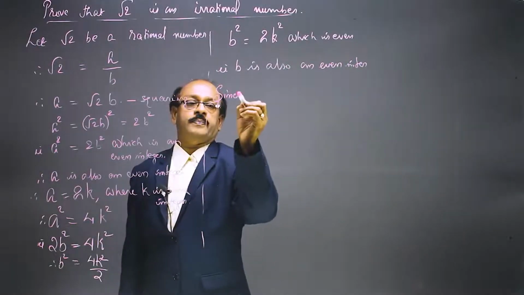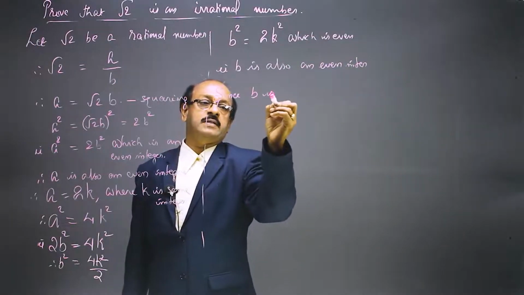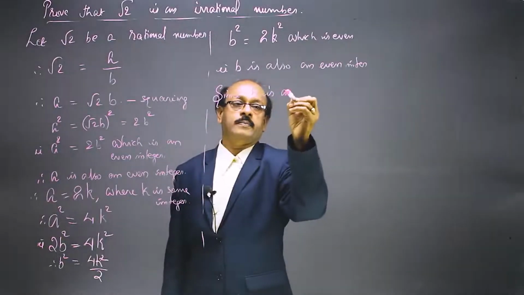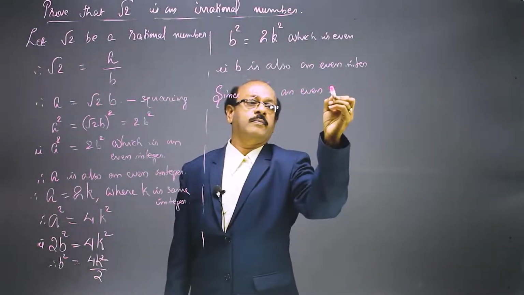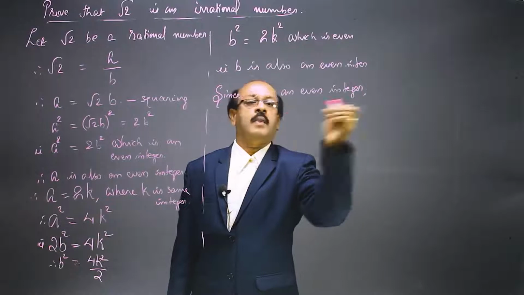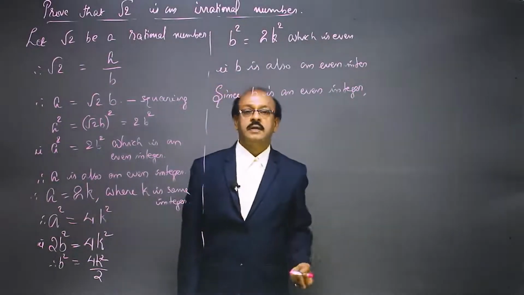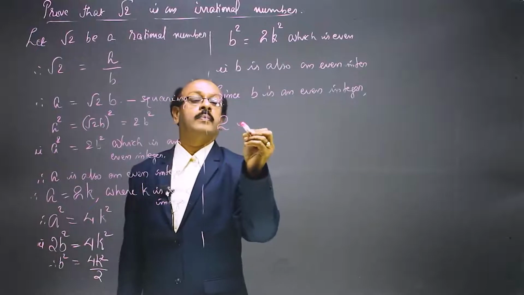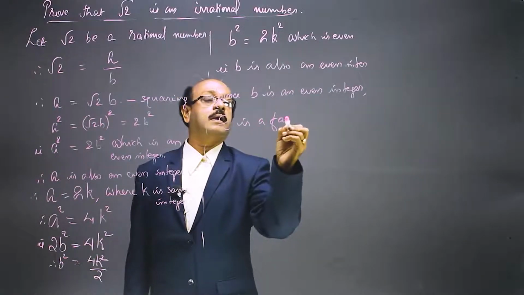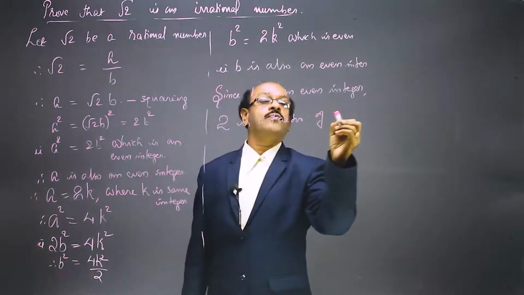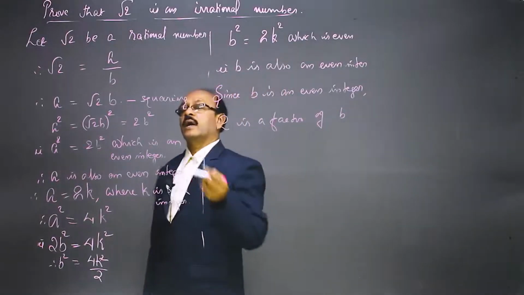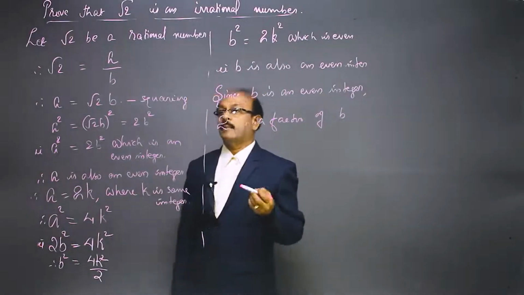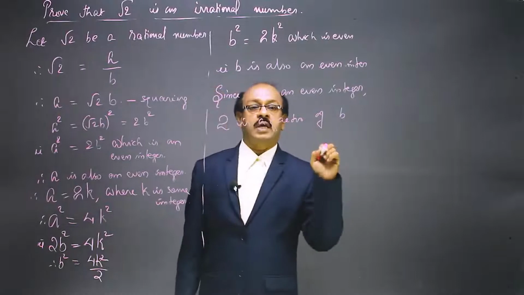Since b is an even integer, 2 is a factor of b. When we are assuming root 2 is equal to a by b, we have to give the